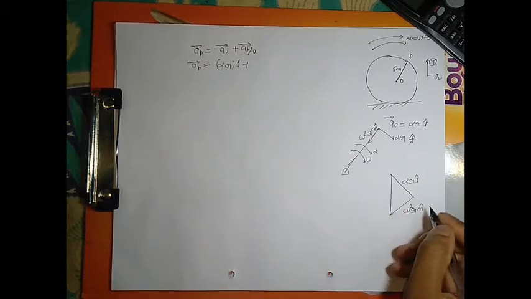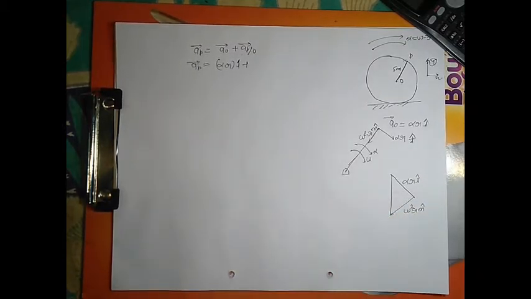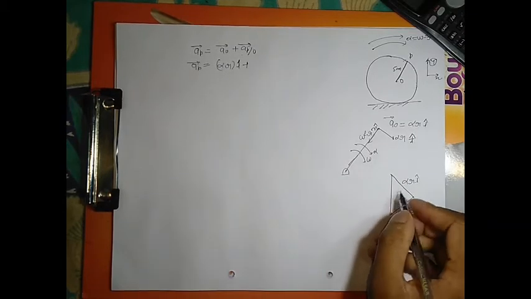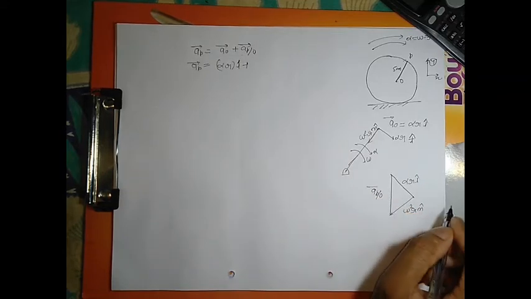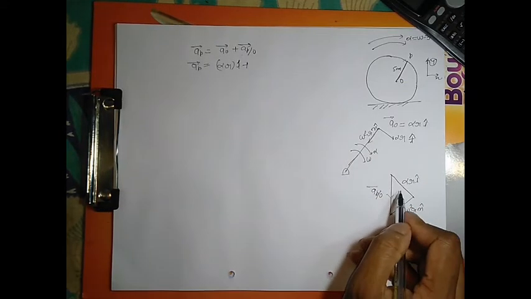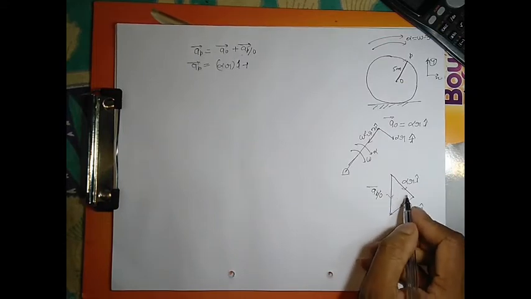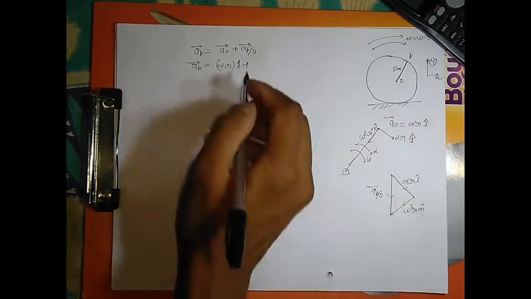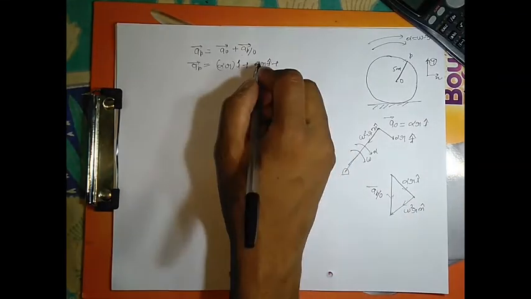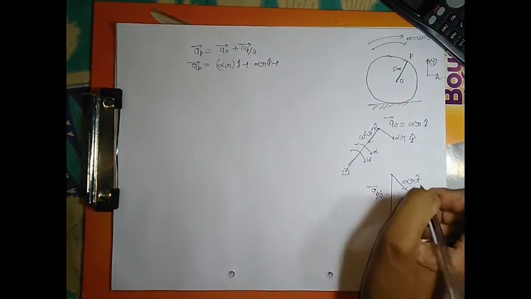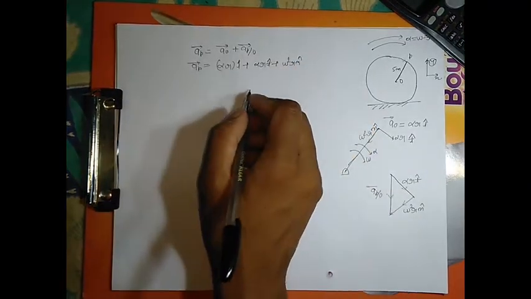So what will be the acceleration of point P with respect to O? Vector C equal to vector A plus vector B. So from vector law you can write alpha r i cap plus alpha r t cap, the t cap being the tangential direction, and omega square r n cap. You can write like that.